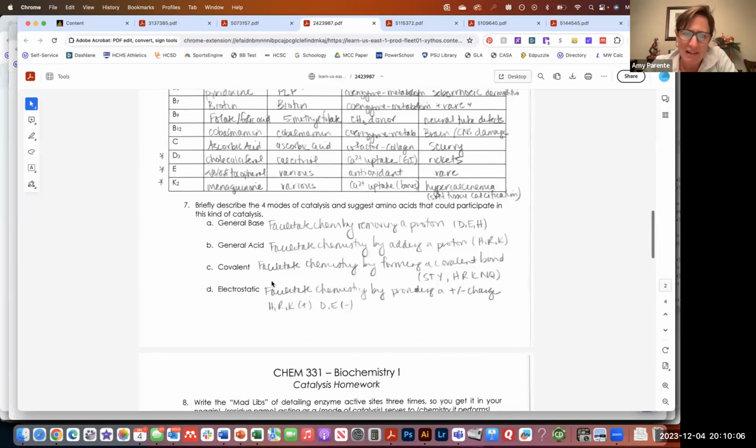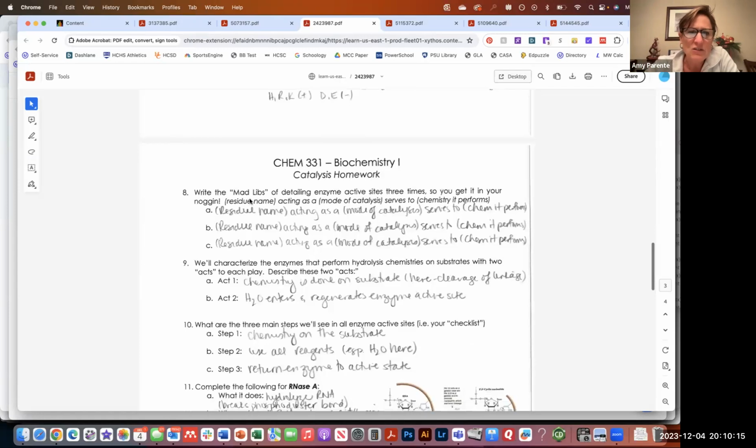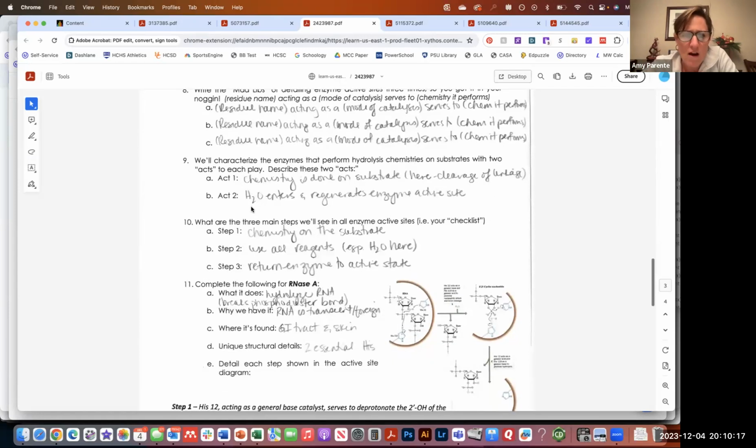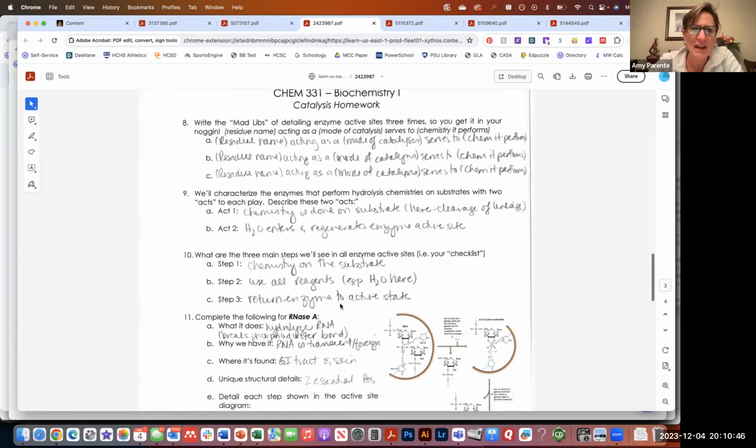Describing the 4 modes of catalysis, right? General acid, general base, covalent catalysts, and electrostatic catalysts. So again, here's that Mad Libs. Ellie, if this helps, if you see an enzyme active site that you haven't seen before, look for where the arrows are. They'll either be an amino acid that you should be able to recognize because you see the side chain there, or it'll just say what it is, or it'll show that specific atom. Look for where arrows start, specifically if they start at amino acids, and then apply your Mad Libs.